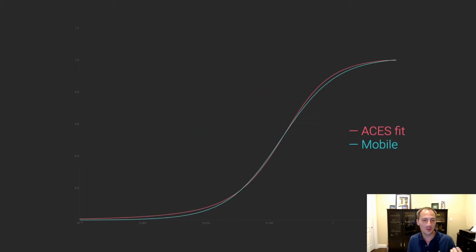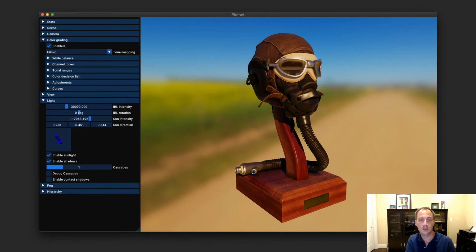So if we compare it with the ACES fit, both after applying the transfer functions, it looks like this. On the x-axis, we have a logarithmic scale to make it easier to do the comparison, but we can see we're pretty close. And if we compare screenshots, so this is the ACES fit, and this is our approximation. And if I toggle back and forth, you can see the approximation is a little less contrasty, a little less saturated, but still looks great.